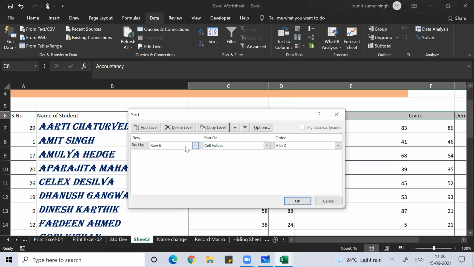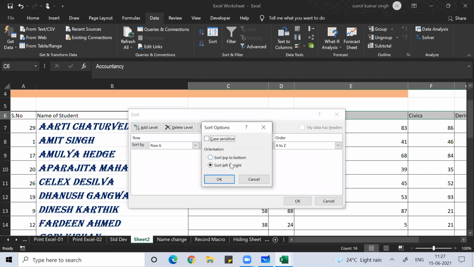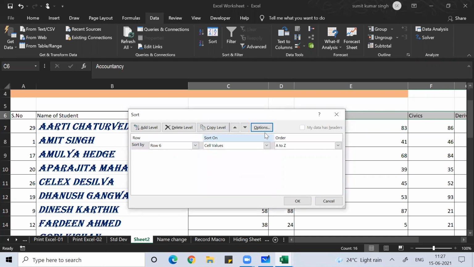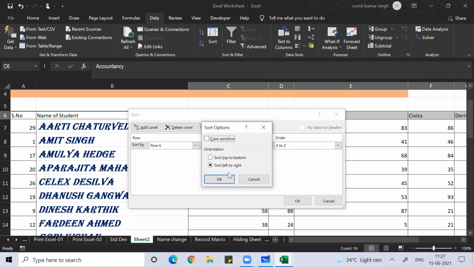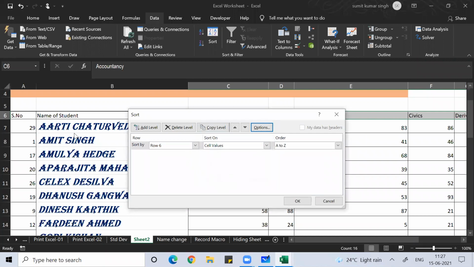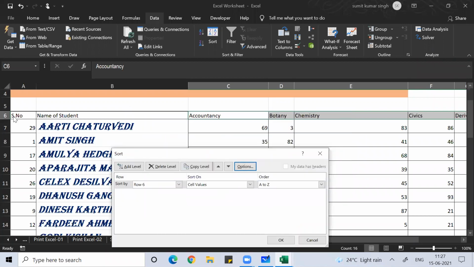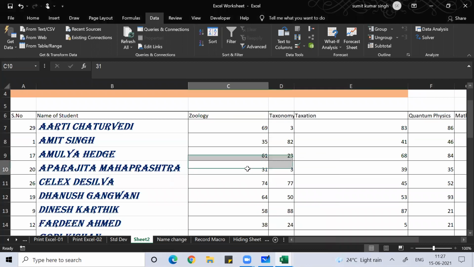So I said okay, fine. Then Excel will ask you how you want to sort. By default, it will always come top to bottom. Here you can go to Options, and you can choose sort left to right, and then which row. Excel is still not very sure; it's confirming which row you want to sort. Excel is getting confused. If it is getting confused, you can tell it row 6, because the data I'm telling you about is in row 6. Then you choose how you want to sort, Z to A or A to Z, and press OK.